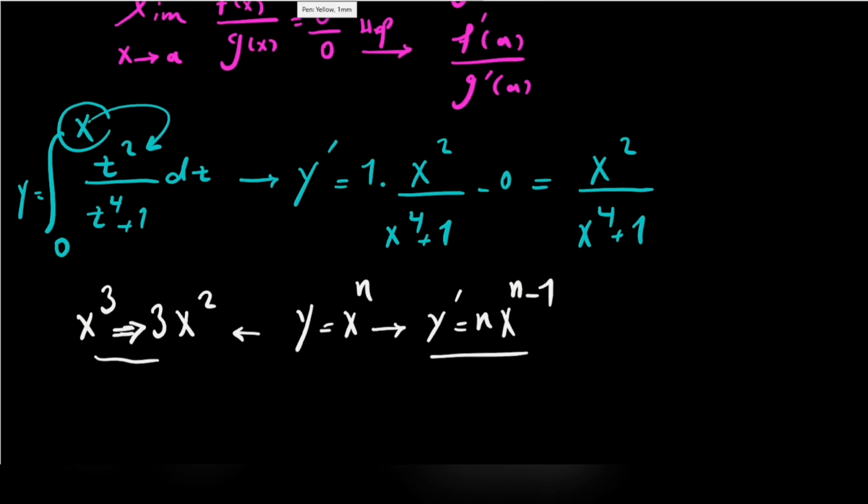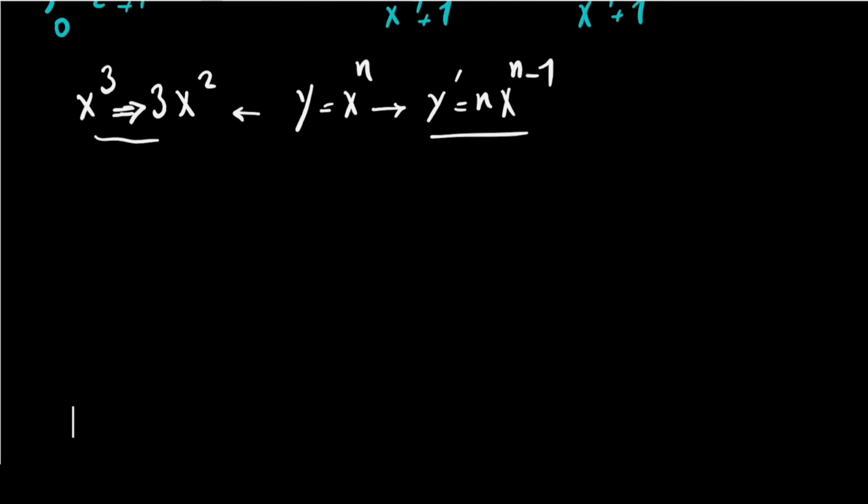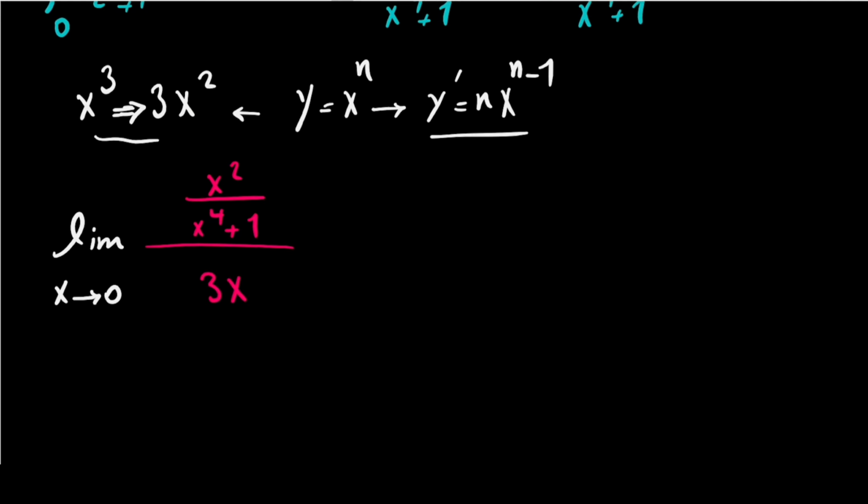Now for the final step, we have to put our answers in the limit. We had the limit when x approaches 0. On the top we had a nice integral, and that was equal to x squared divided by x to the power of 4 plus 1. On the denominator we just write 3x squared. So the final answer will be equal to x squared divided by 3x squared times x to the power of 4 plus 1, and I forgot the limit